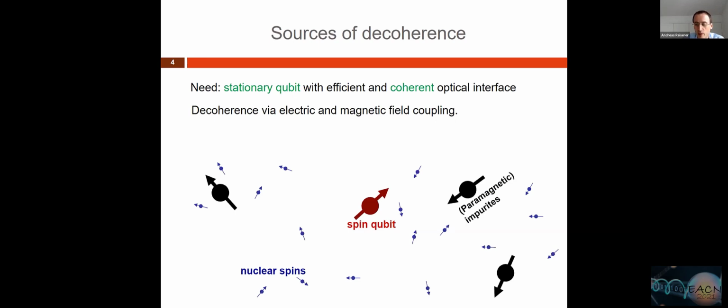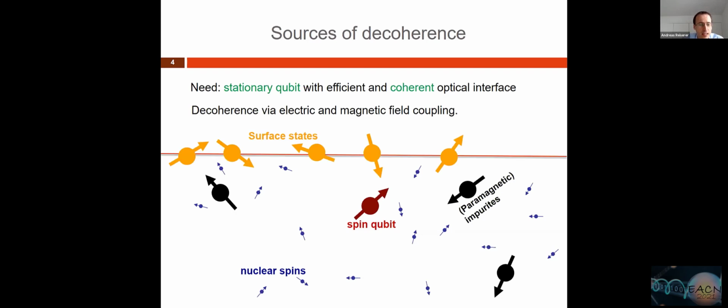Also, no crystal is perfect. There will always be some impurities, stacking faults, other trapped atoms, which are often paramagnetic and then also couple to the spin. But those can also be charged and then couple by electric fields to the qubits if they change their charge state. Also, any solid will be finite, so you will have states at the surface which also have charge and spin properties that can couple to the qubit and lead to decoherence. And finally, the lattice can vibrate. So you have phonons, these lattice vibrations. They will also create fluctuating electric fields by moving the charges of the surrounding nuclei, and those could also couple to the qubit and lead to decoherence.